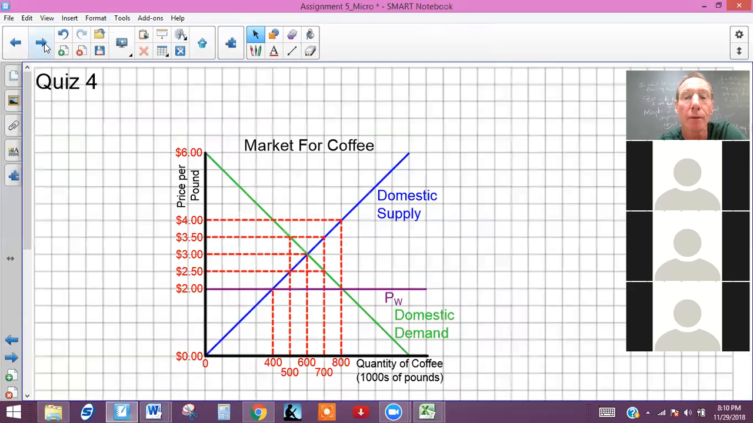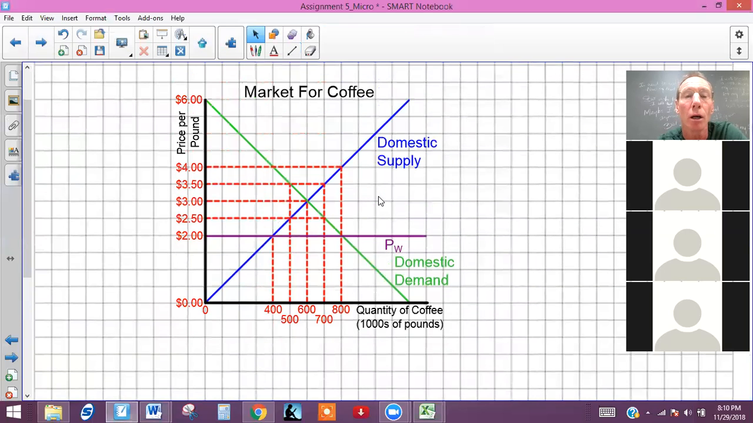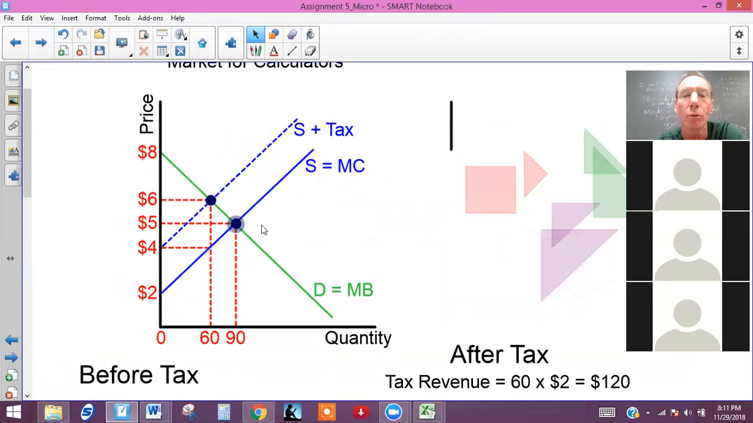We did this problem right here where we looked at taxes, but we've done more than that, and I think I've got one in here. Yeah, here, right? Understand that when there's a per unit tax, you're going to shift the marginal cost curve to